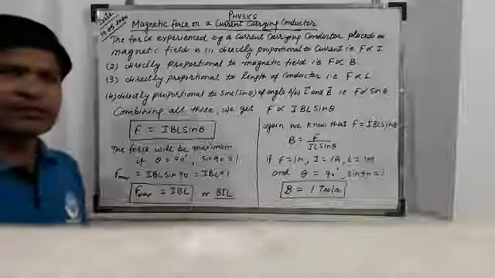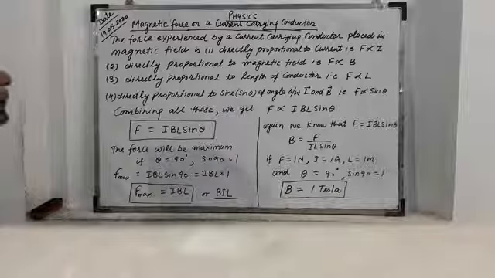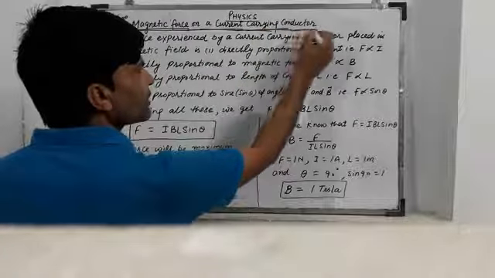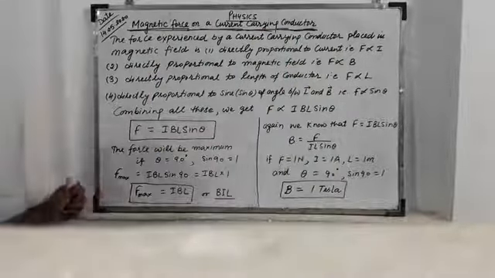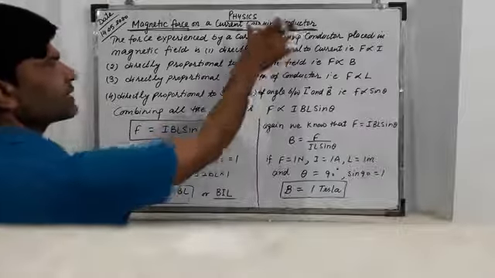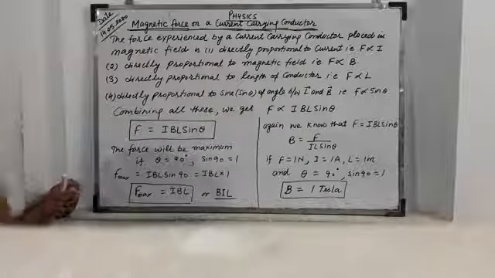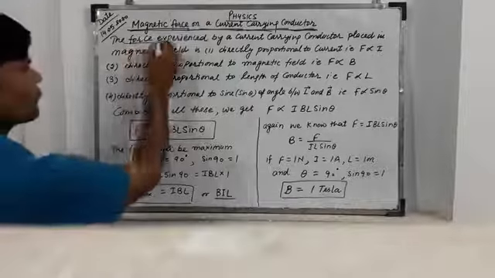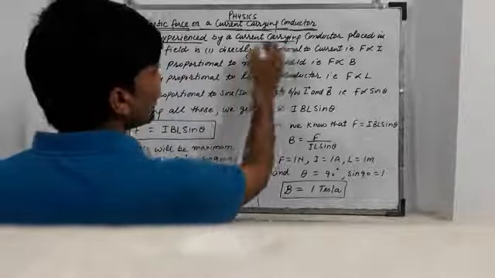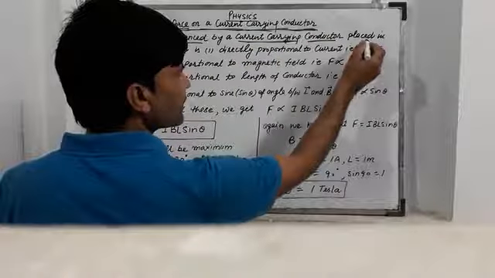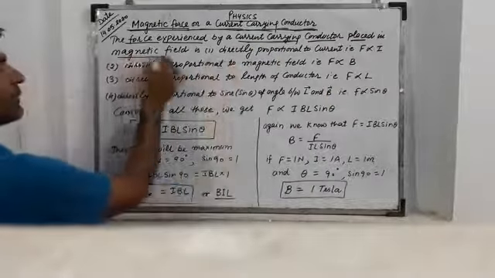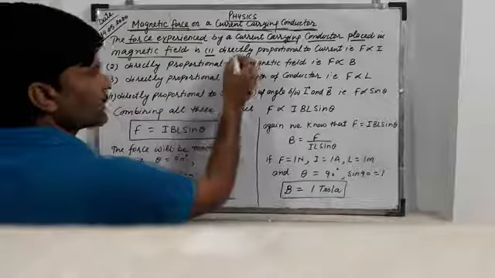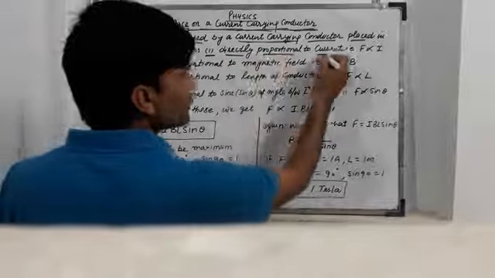Good morning students. In this lecture we start from magnetic force on a current carrying conductor. It means when a current carrying conductor is placed in a magnetic field. The force experienced by a current carrying conductor placed in a magnetic field is, first point, directly proportional to the